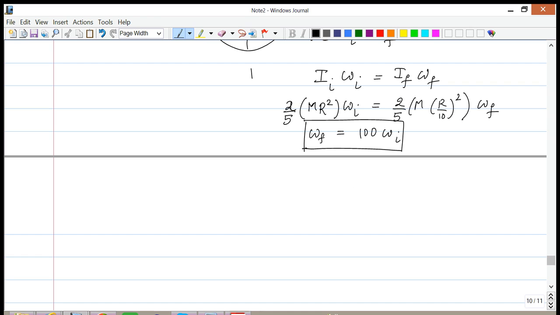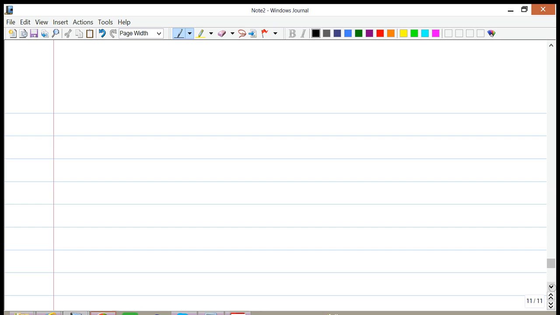Right, so that's an application of the conservation of angular momentum. Now you can do the same thing with what happens to a ballerina, a ballet dancer. When they dance, when their arms are out, they spin at a certain rate, and when they pull their arms in, they spin at a higher rate. Once again it's because the moment of inertia goes down, and as a result, the angular velocity has to go up to compensate for the fact that the angular momentum must remain constant. Alright, so that's one example of this particular thing.